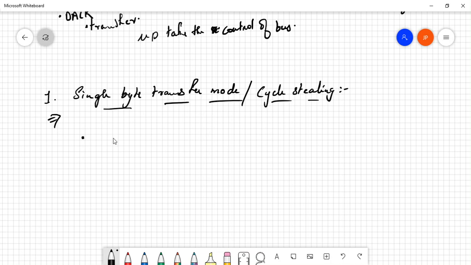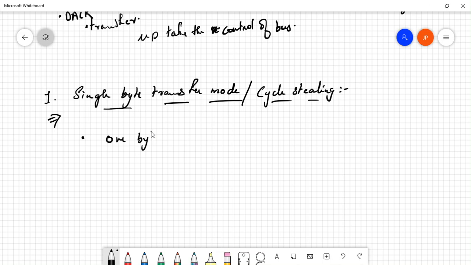Now in this mode, the DMA becomes the bus master, or DMA takes control of the bus just to transfer 1 byte of data.